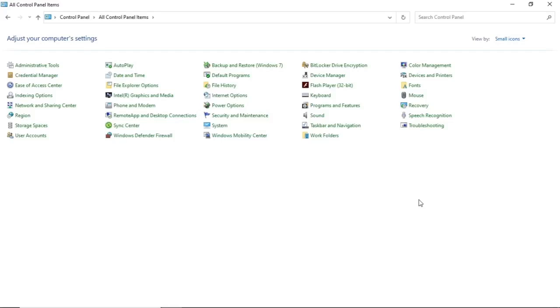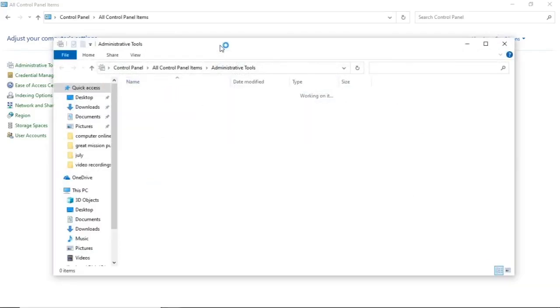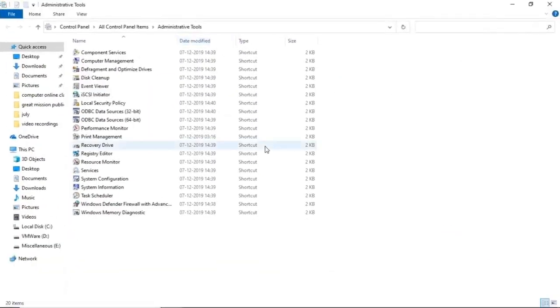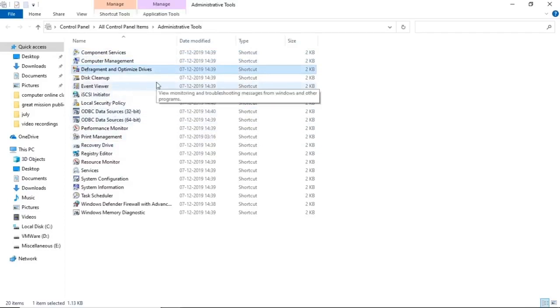The basic or the main feature in control panel is administrative tools. When you click on administrative tools, this tool gives you different types of administrator control. The sole controller of your computer system is the administrator, not the user. So these features that you see on the screen are administrative privileges, where you can edit or customize the features of the system through using administrative tools. Like if you want to check